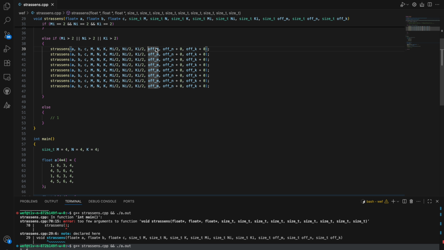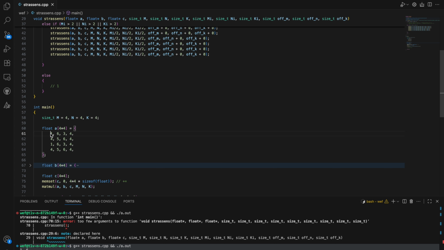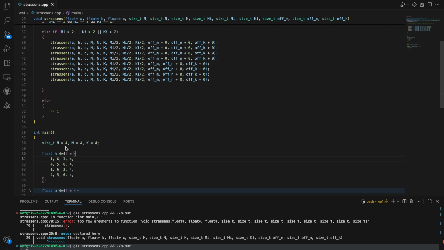So for A, then what's gonna change is just the offset. I'll tell you right away. For A, we're just gonna be in 1, 2, 3, and 4 locations, right? So we can just write this out conveniently by saying we're in an offset of 0 for the row and an offset of 0 for the column, because offset of 0 for M, and